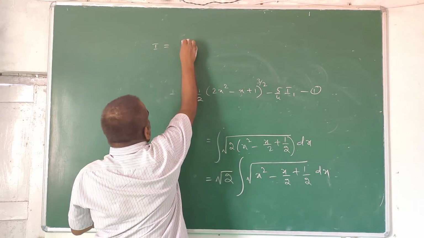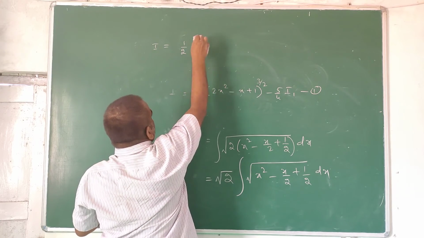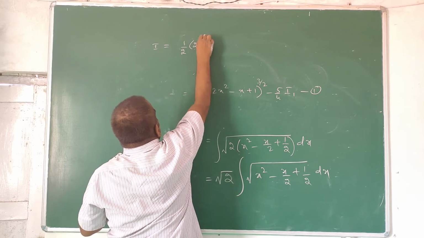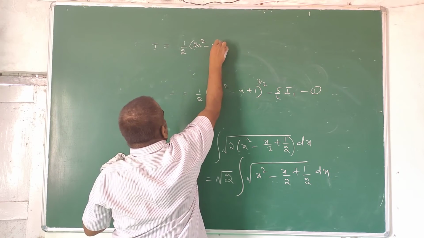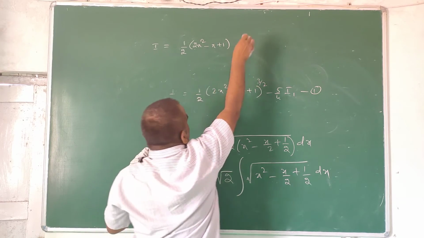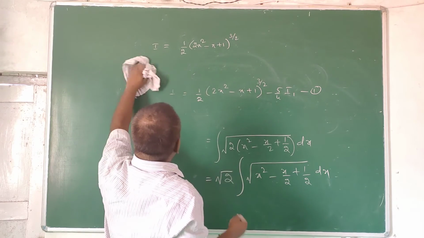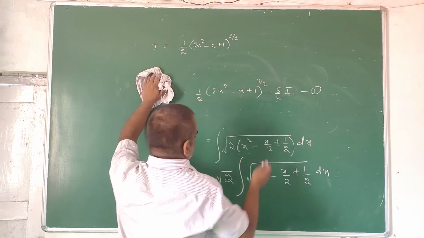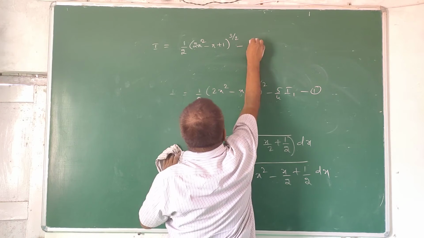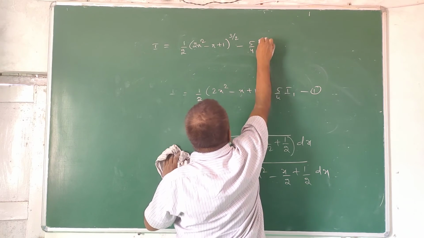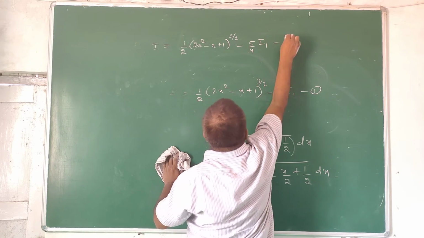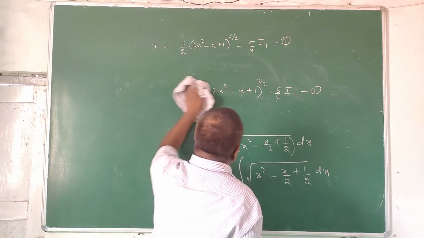See, I is equal to 1 by 2 into 2x square minus x plus 1 whole power 3 by 2. Here I am writing this once again to save some place. Minus pi by 4 into I1. This is equation 1, right? Chalo. Now,